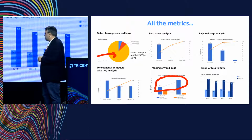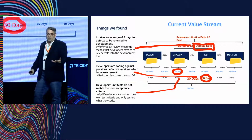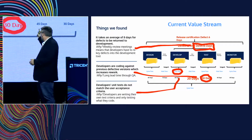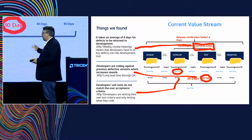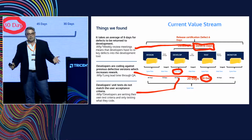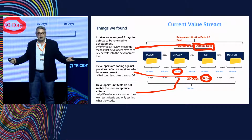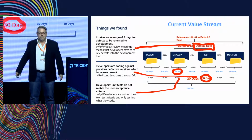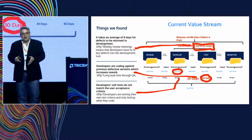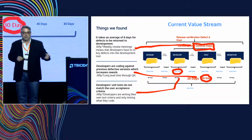And then looking at the value stream, of course, there's a couple things I found out when I went through this process. First, I found out that the quality department has a weekly meeting where they review all the defects, and then they key them back into Jira so that the team can work on them. So right there is a pretty big delay. I've got to wait a whole week to get that defect put back over into a system where developers can